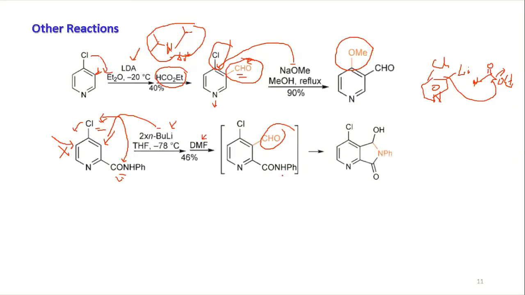Now, what is going to happen? You have NH here, so the N minus can attack this carbonyl, and you have this ring formation. That is easier; you can understand here. You have the first butylation, two equivalents. You have the N minus that you have understood, so that N minus will react here, and this one will be generated. To get the final product, you have to quench. So water is there, and ultimately you have OH here.